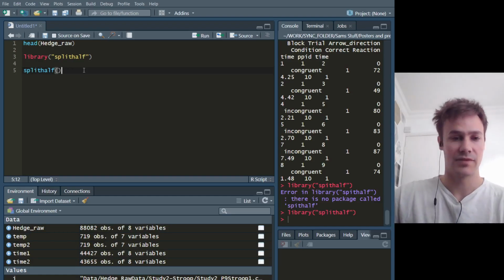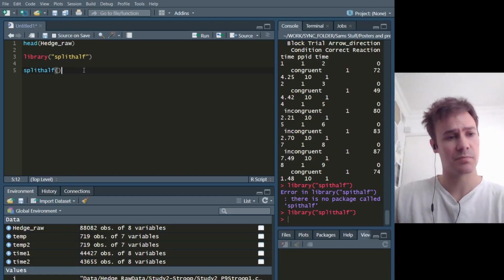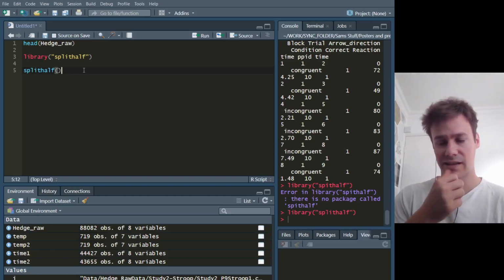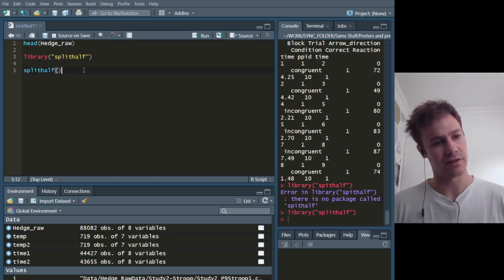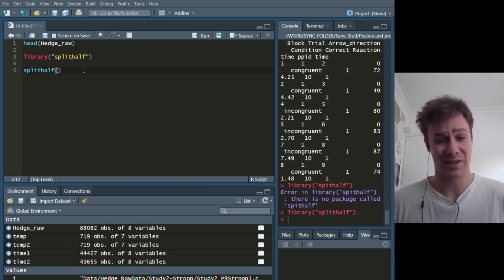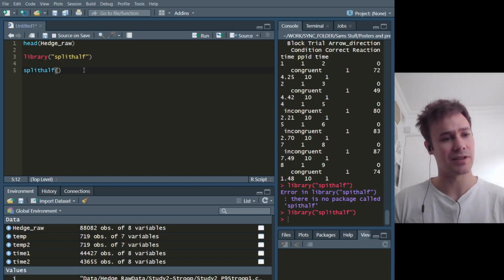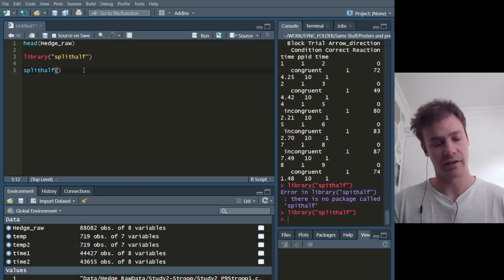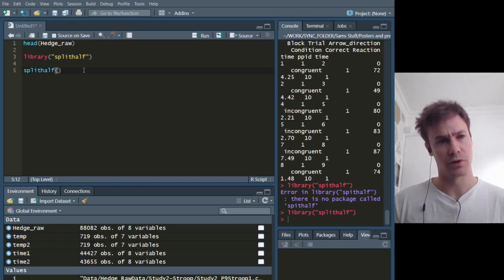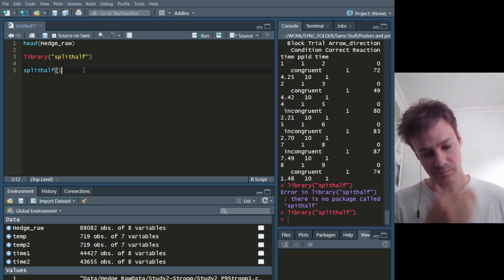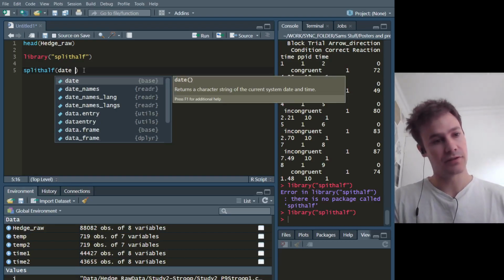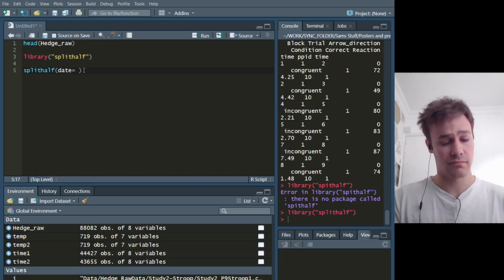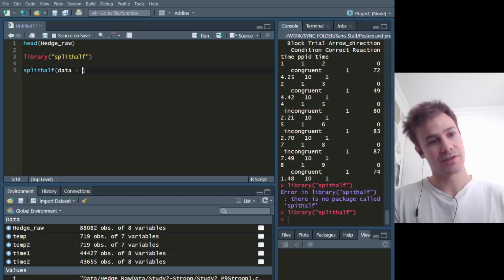Ideally, we'd have some test-retest evidence, but in an awful lot of cases in these studies, you only have one time point, so I consider that internal consistency is probably the best that we can do sometimes, even if it's far from an ideal way of looking at reliability. Anyway, so the first thing that we'll throw into splithalf is the data that we're interested in,